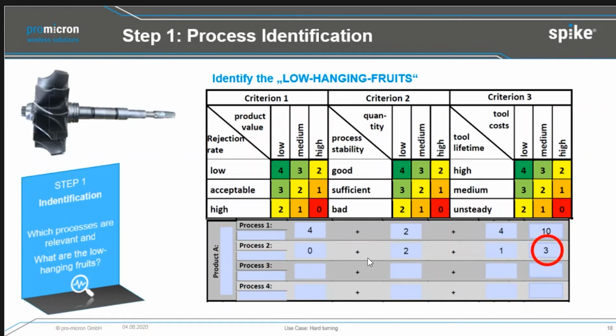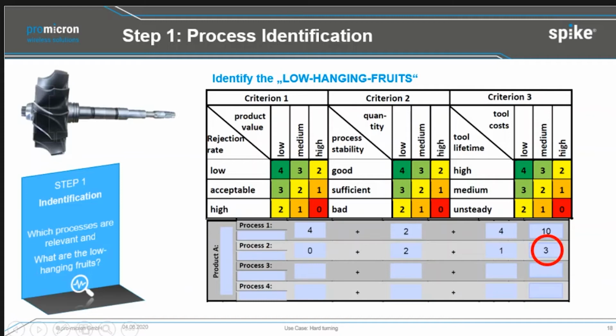We have come up with a question sheet which asks you for the rejection rate compared to the product value, the process stability compared to the quantity of parts, and the tool lifetime compared to the tool costs. And we provide a matrix straight away which labels how this specific question will affect the low-hanging fruit potential of the process. So you can see right there, process 1, we have a low rejection rate, low product value, so